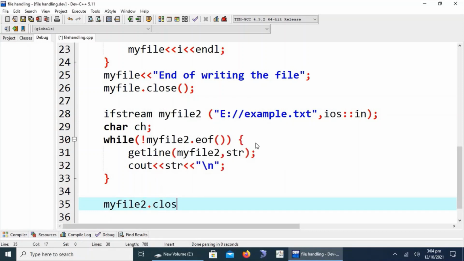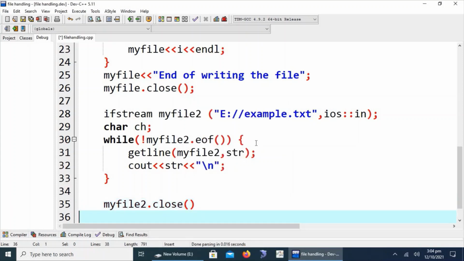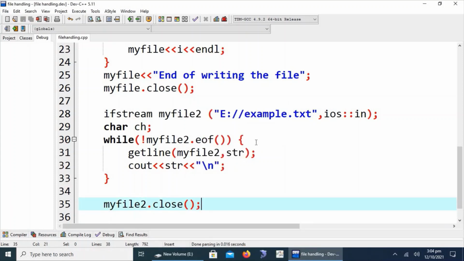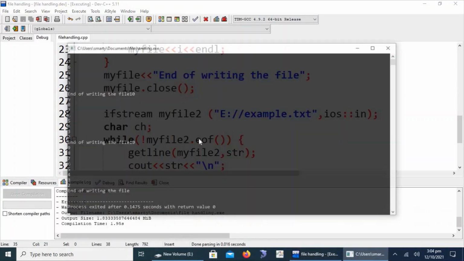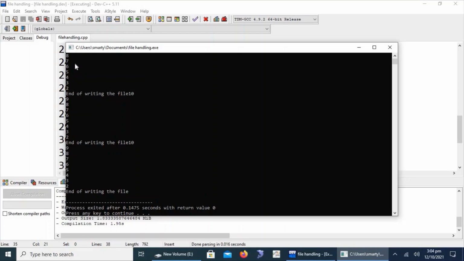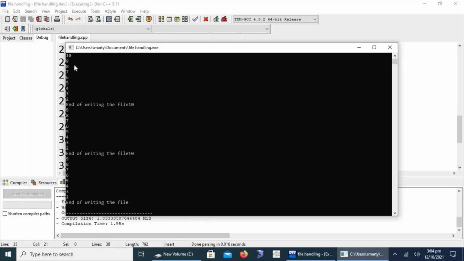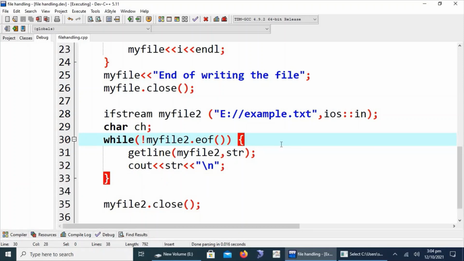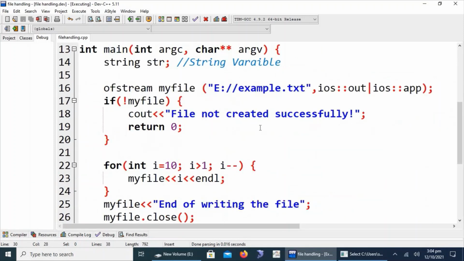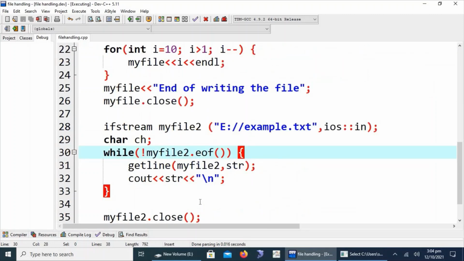Okay, so save this file. We are just going to run this project. We can see clearly that our output is displaying multiple times. We cannot say that this output is not appropriate. This is exactly the output that will be generated by the program. The output is written multiple times into the file before reading.